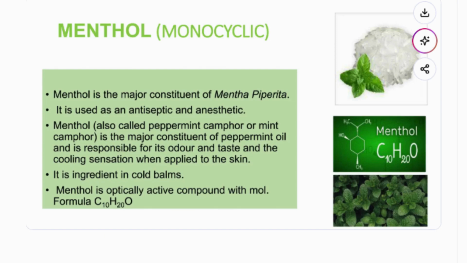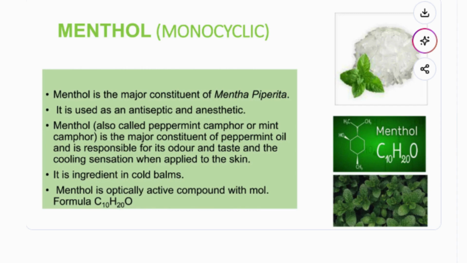An example of monoterpenoids is menthol, which is monocyclic. Menthol is the major constituent of Mentha piperita. It is used as an antiseptic and anesthetic. Menthol, also called peppermint camphor or mint camphor, is the major constituent of peppermint oil and is responsible for its odor and taste and the cooling sensation when applied to the skin. It is an ingredient in cold balm. Menthol is an optically active compound with molecular formula C10H20O. So this is